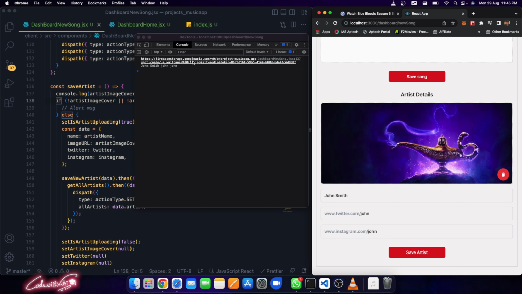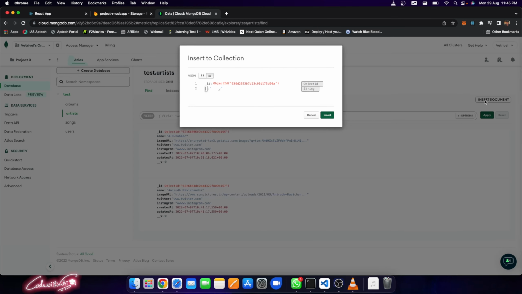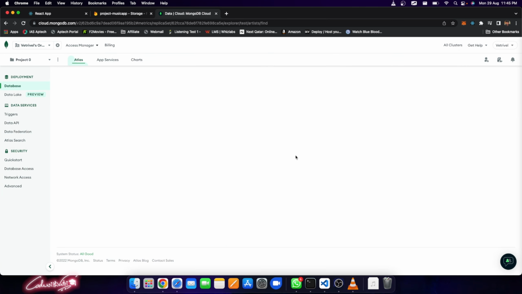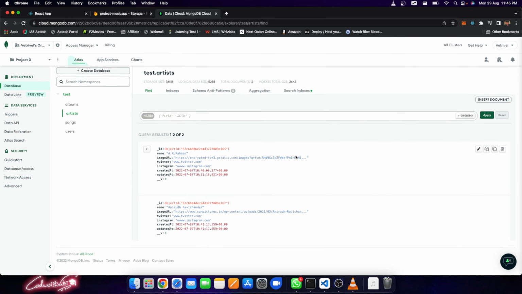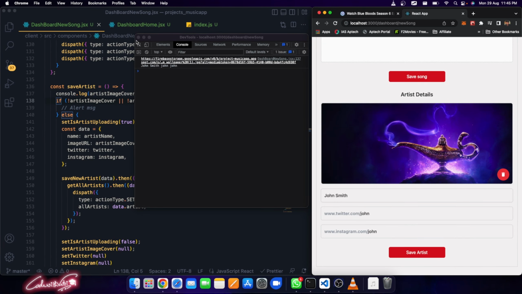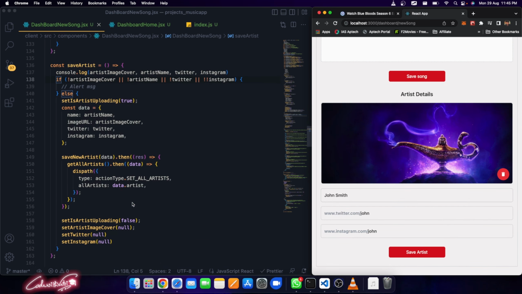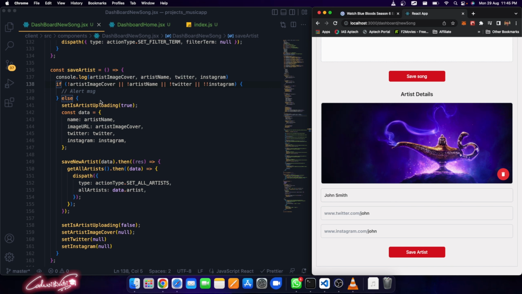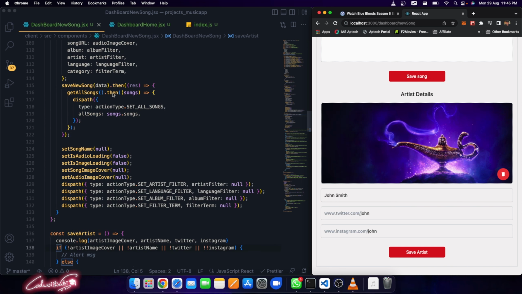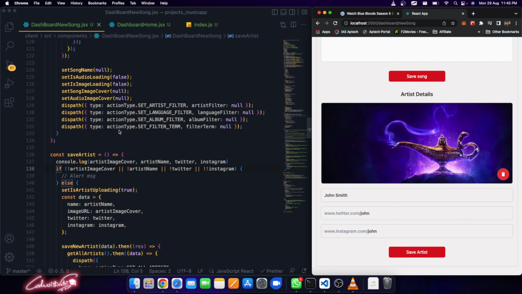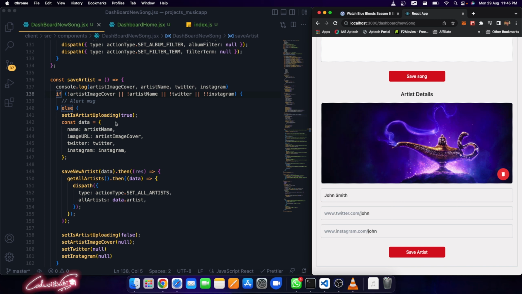Everything is here. We're having that image and we're having that URL, but nothing is inserting. We are getting every single piece of information we needed. But why is this not working? If not, it should come inside. Of course we are having the true over here, so is artist uploading will become true. Let me delete this,